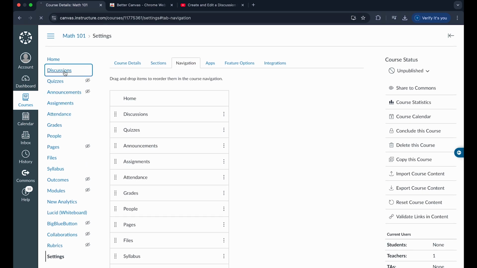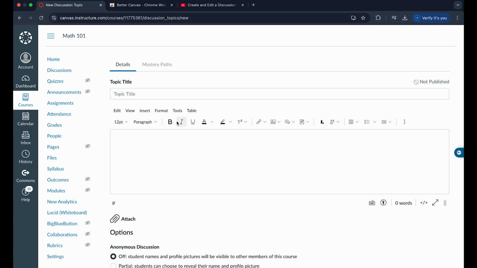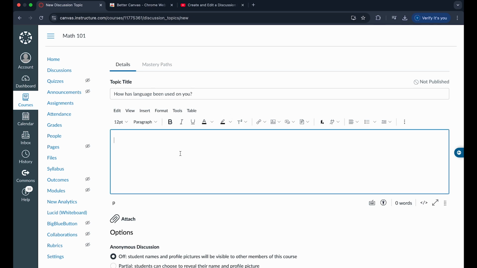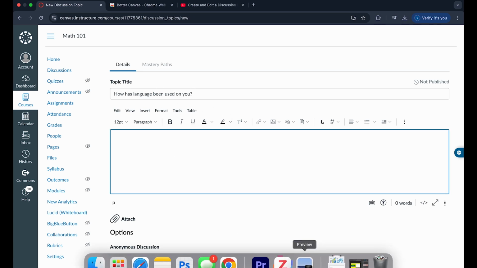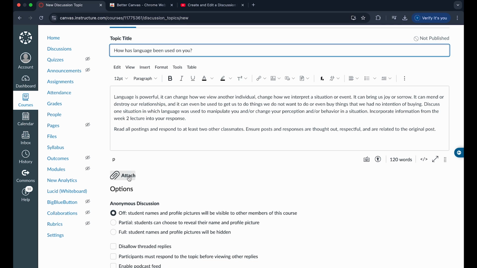But once you actually see this, you want to click on discussions page, click on add discussion, and you can actually add your title, whatever you want it to be, as well as the description, what you want the students to actually discuss. Once you've written your description as well as your title, we can scroll down and add an